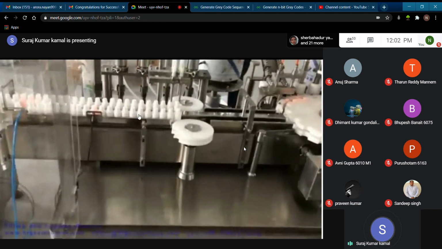So now there is again a conveyor belt which will be controlled, and here you can see the nozzles which are going to pour the liquid into the bottles. Right now they are stacked and not moving. When the counting is done and the number of the lot is calculated, this system will start. Now, with the help of HMI, a person is giving the command to the system to start the conveyor as well as this filling system.